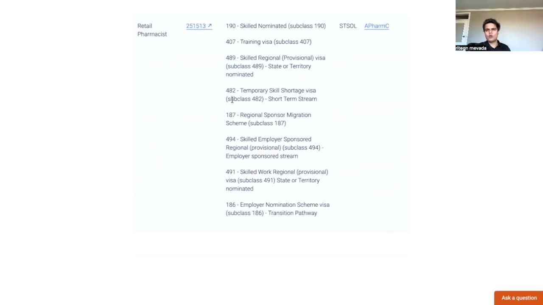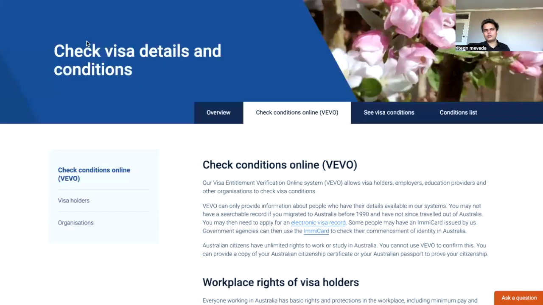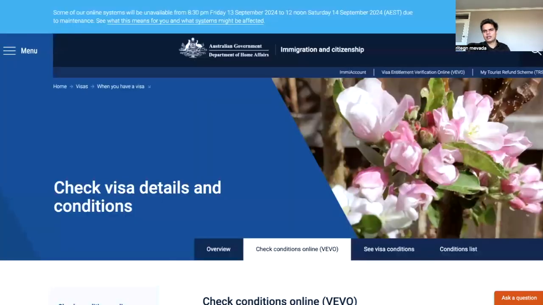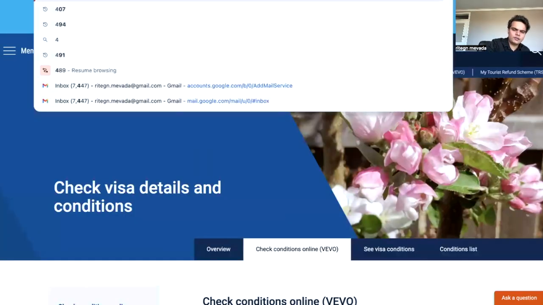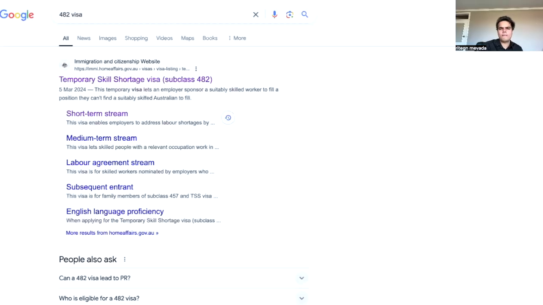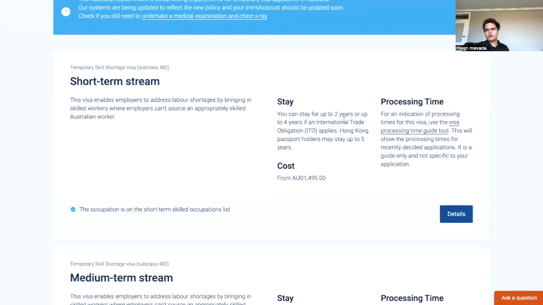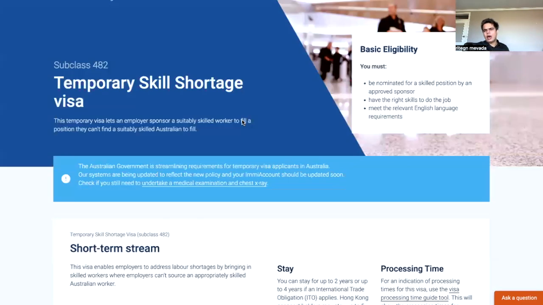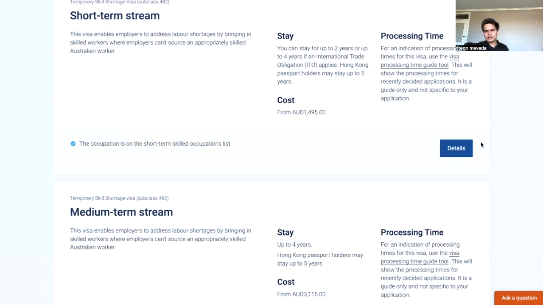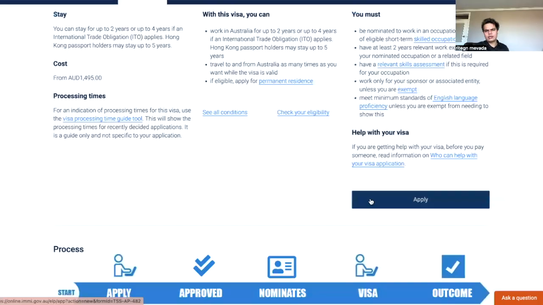The other one is the 482 visa, the temporary skill visa. So 482 is more of a short-term visa. If I type 482, you can stay up to 2 years to 4 years. If we go inside,